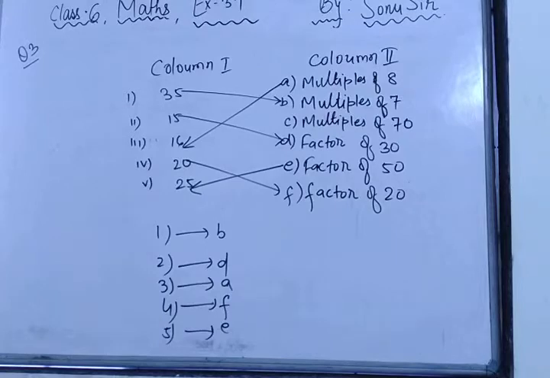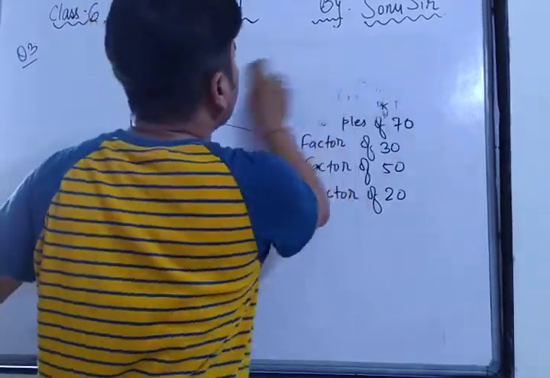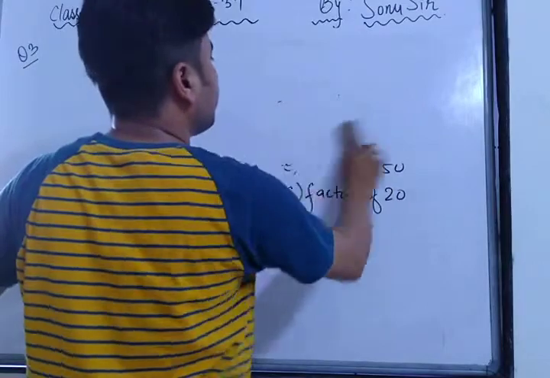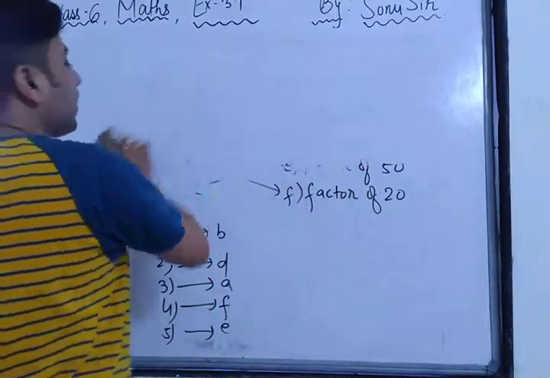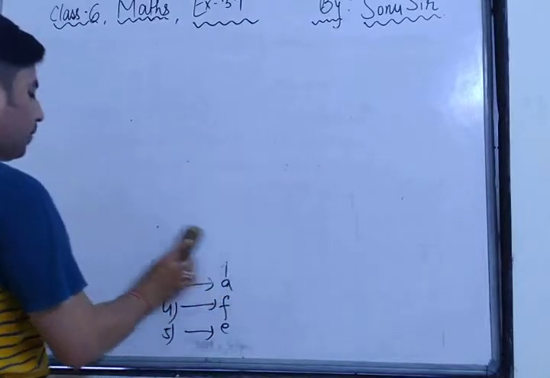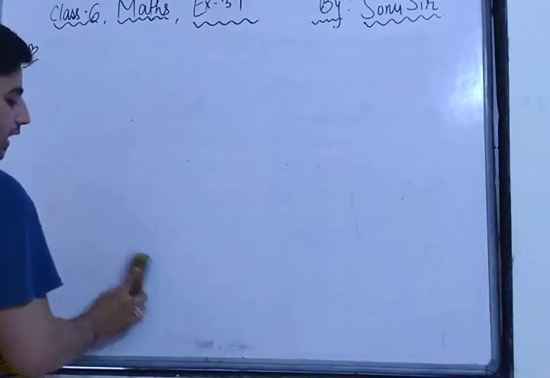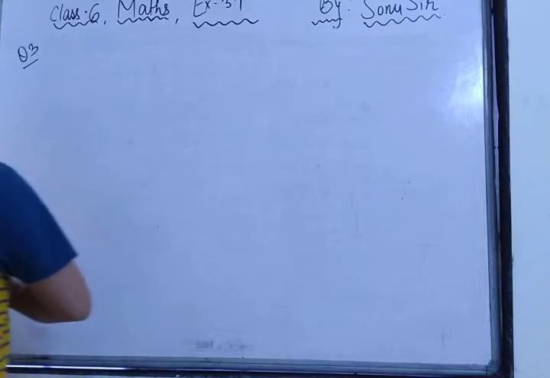Now we will move towards question number 4. In question number 4, find all the multiples of 9 up to 100. It means we have to understand the whole 9 table. All of you can write these answers, or you can take a screenshot. I hope all of you have written the answers. You have to show the multiples of 9 till 100. So you can write the question in your notebook.